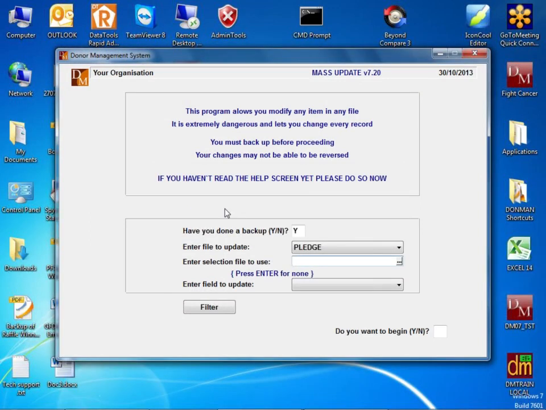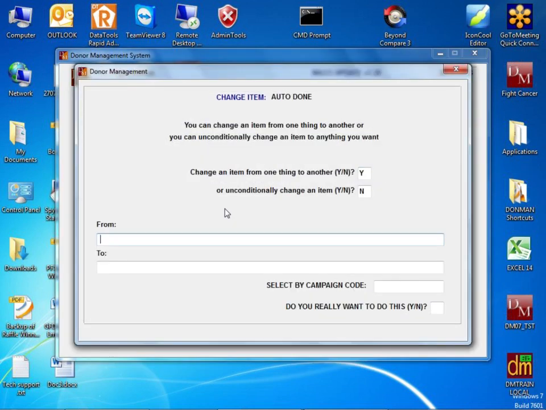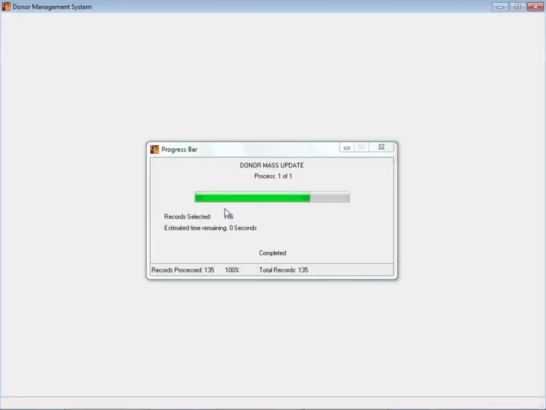Okay, so I'm sure lots of people have seen this program when we've had particular errors in the data, or something that we said, look, we want to change something because we've had some error happen and the data's already ticked over, but nothing's actually happened. So if I say for this one, I'm going to change the pledge records, I'm going to change the auto done field, and I'm going to change it from yes to no. Okay. So in this particular case, you can see I'm forcing the system to go backwards.